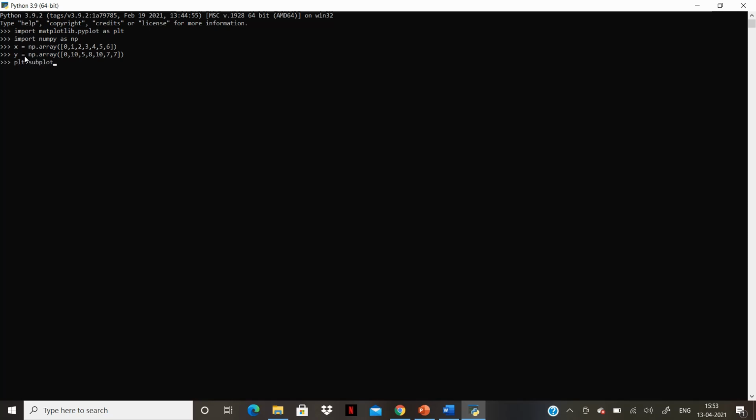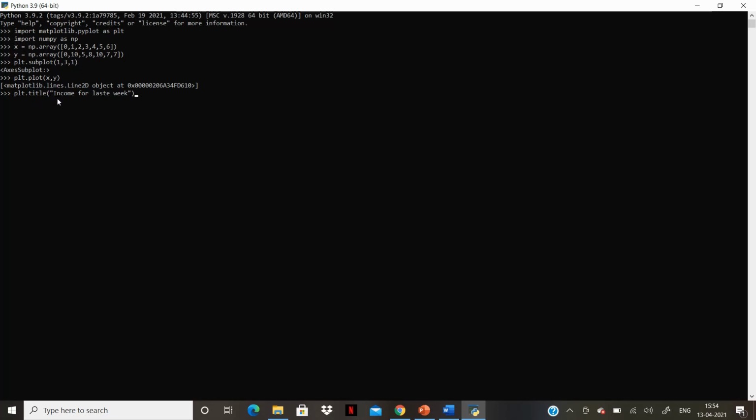We'll use the subplot function to create this figure. It will allow us to add more figures to this view again. plt.plot(x, y), we are simply plotting x against y.